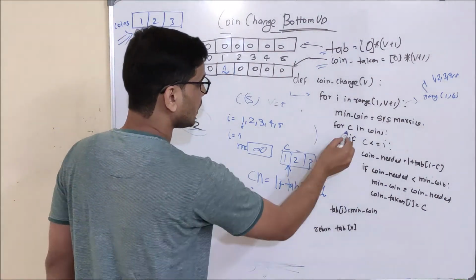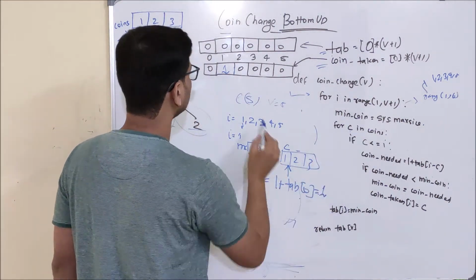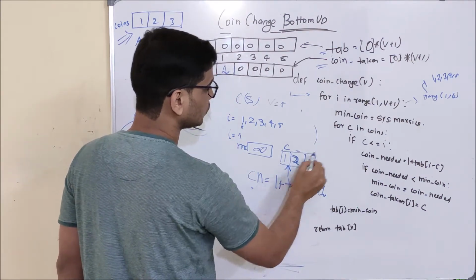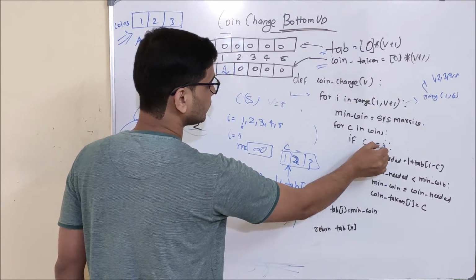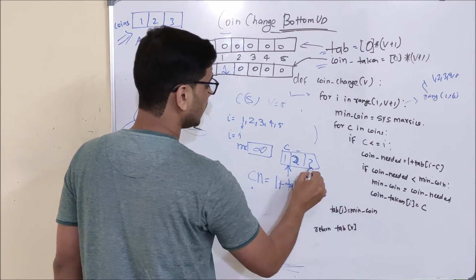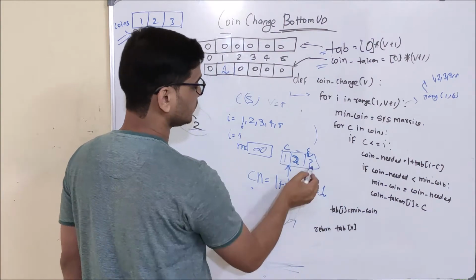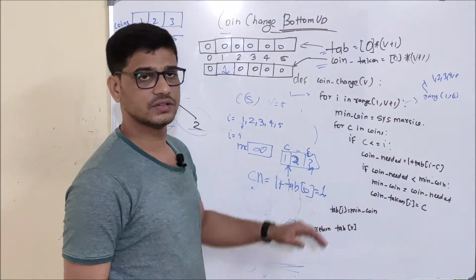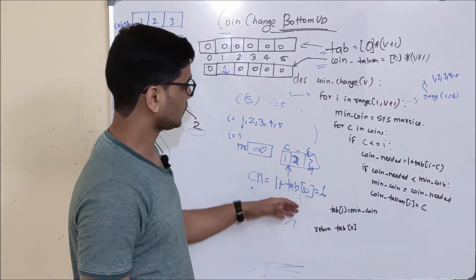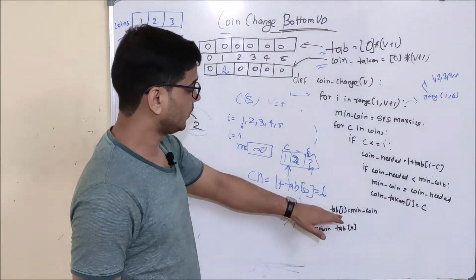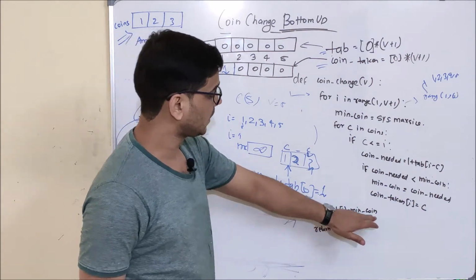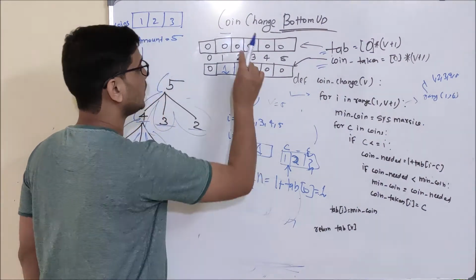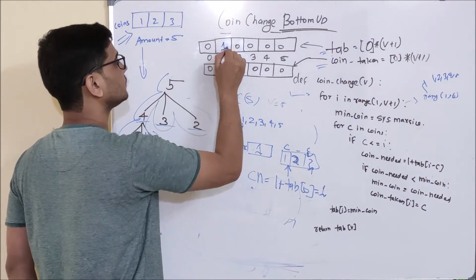And after that it will run for c equal to 2. That is, I will try the second coin. Second coin c is equal to 2 and i is equal to 1. So this condition will be false. This if block I will not execute. Again c will come here, that is, I will try this particular coin, and when I try this coin, again this condition will be false. So this for loop is finished, and when it finishes, I am going to update tab of i with min of coin. And what is my min coin? Min coin will be 1 and it will be updated to 1.